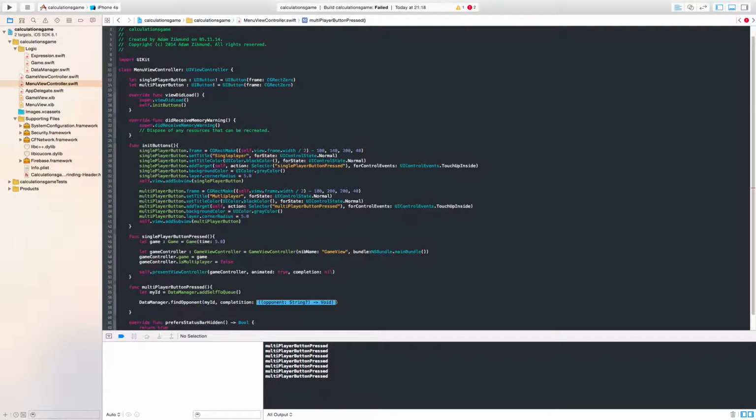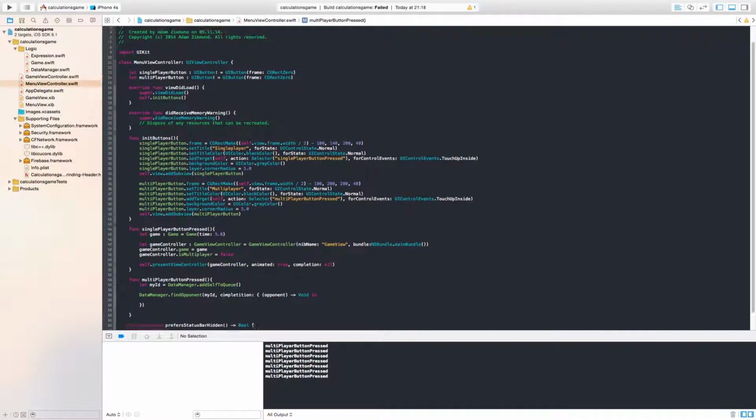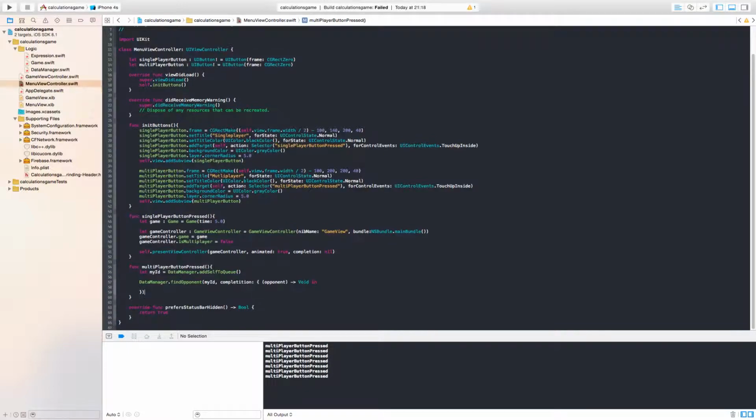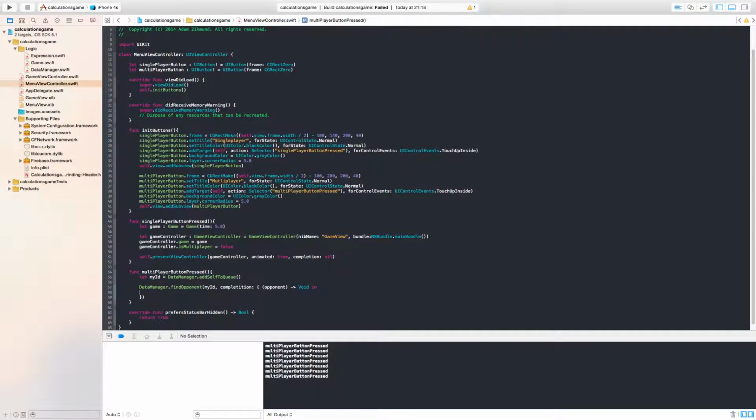and now as you can see we got a completion block which will be called after the find opponent, or some logic will be made in the function body, okay? And it will return the opponent as a string key, okay? So these completion blocks are very useful in code and is a good option to use when you are using some of the asynchronous methods or thread methods or something like that. It's very good, and